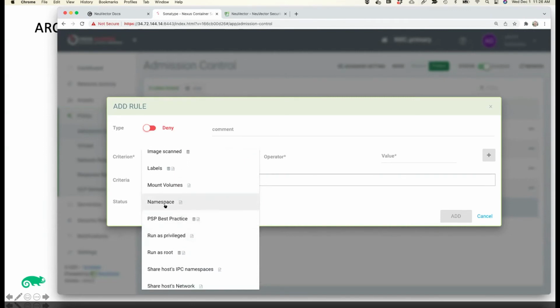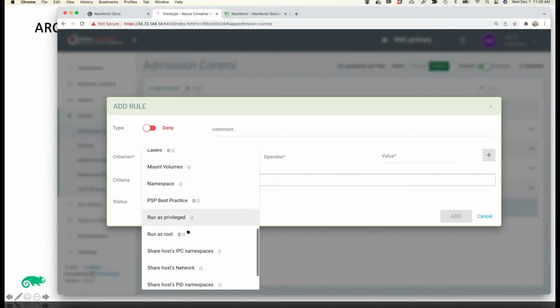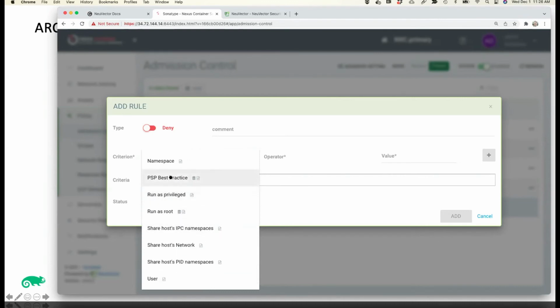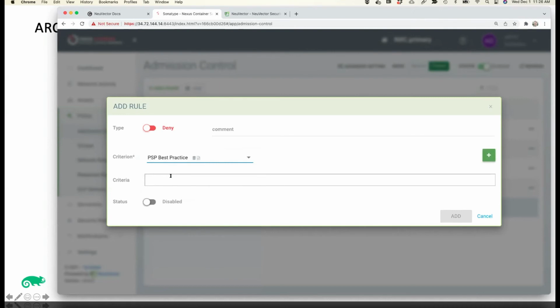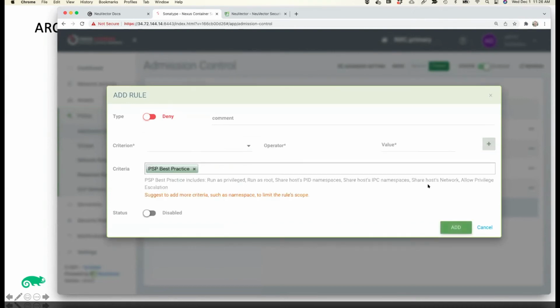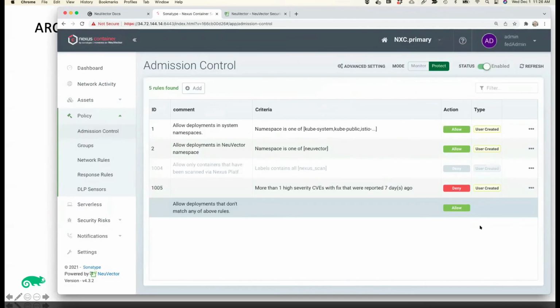What namespace is it going into? What mount volumes is it trying to mount? Or even just a generic set of PSP best practices can be applied. So there's a number of criteria that can be used to either allow or block deployments into the production environment.